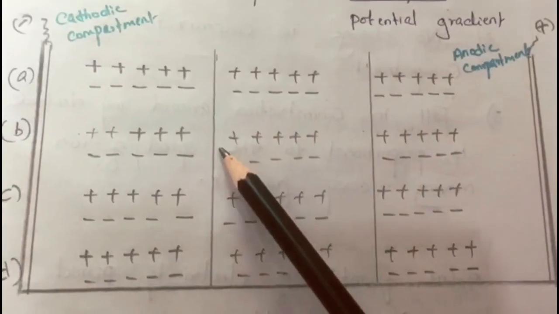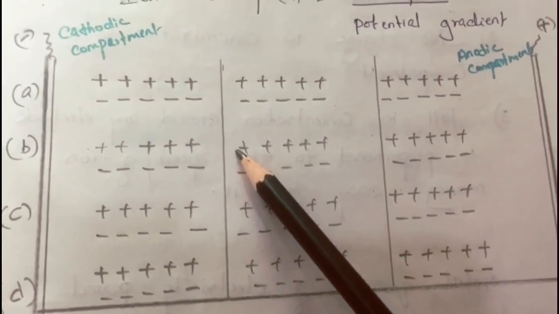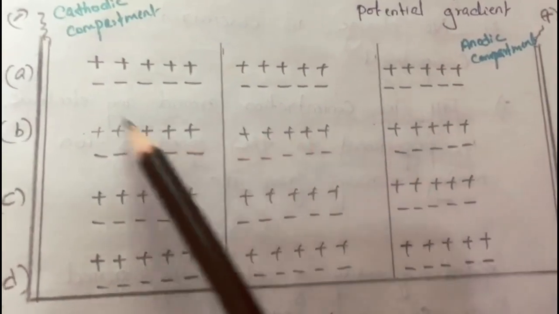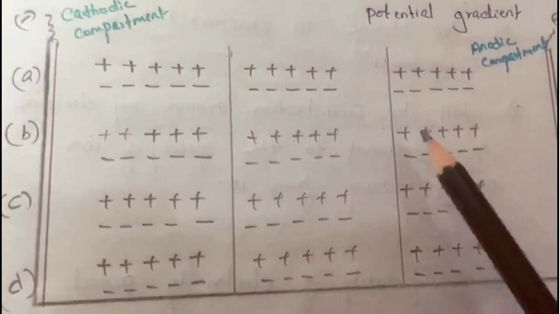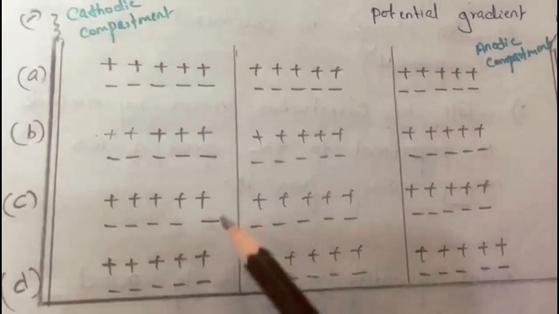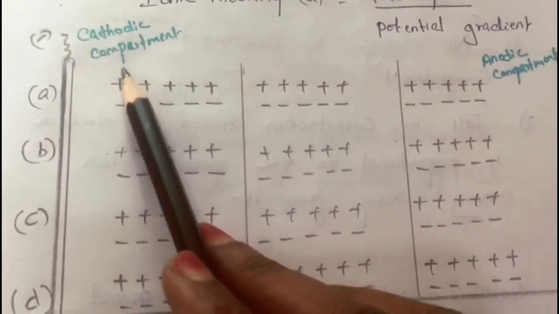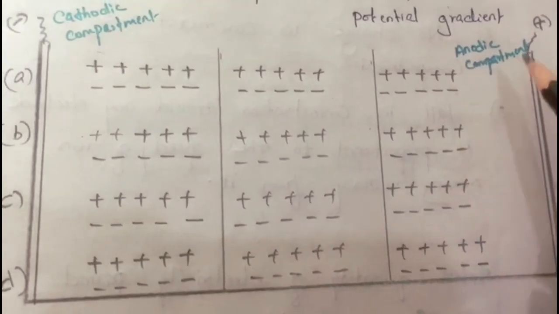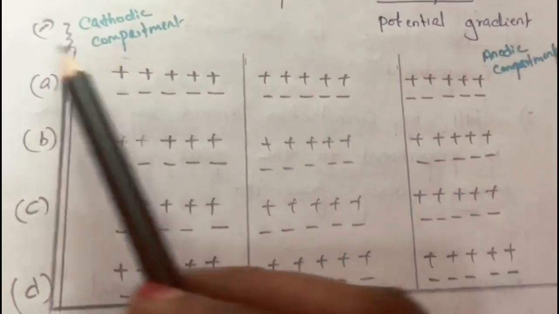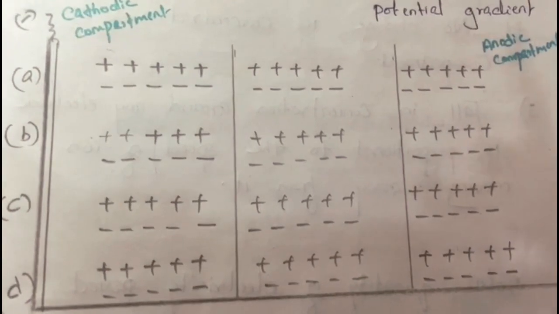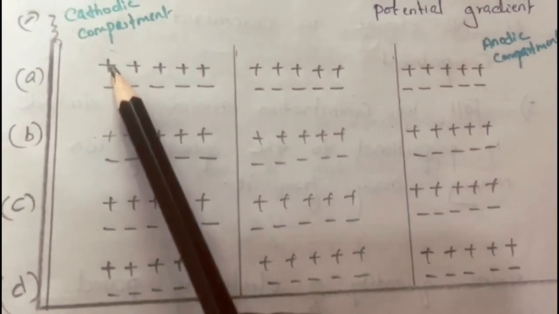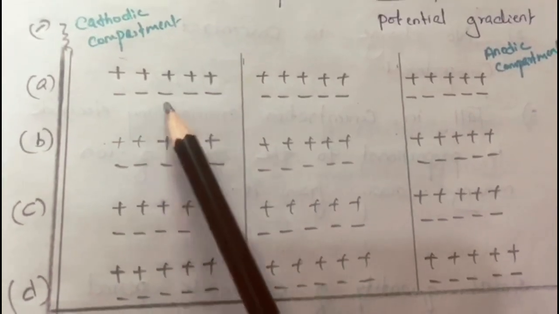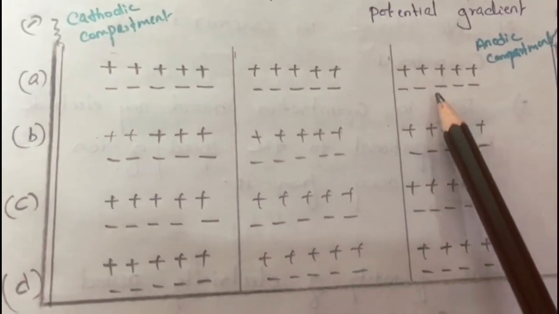Now we are going to discuss the discharge of ions during electrolysis using Hittorf's theoretical device. This is Hittorf's theoretical device. It is a hypothetical tank having 3 compartments. The first one is the cathodic compartment, then the central compartment and the anodic compartment. It is connected to the positive terminal of the battery. This one is negative. And here we have 5 pairs of electrolyte. This plus minus is 1 pair, 2, 3, 4, 5. 5 pairs of electrolyte in all these 3 compartments.